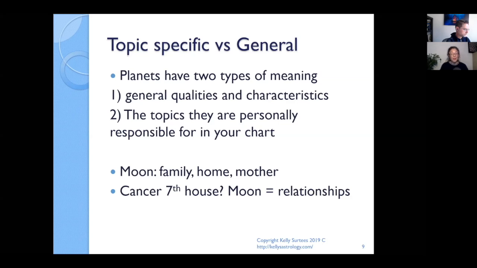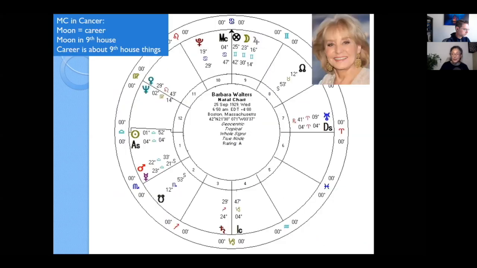We all think about the moon as being family or home or mother, but if you have Cancer on the 7th house in your birth chart, then the moon is actually going to be a planet that tells us a lot about relationships for you. Now, I've got an example here for Barbara Walters, who is a very well-known American broadcaster, and she has a